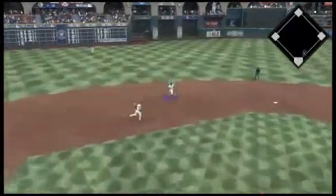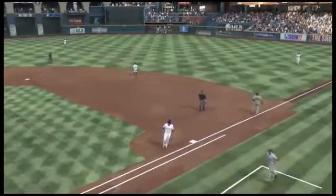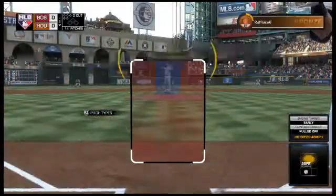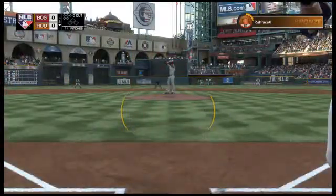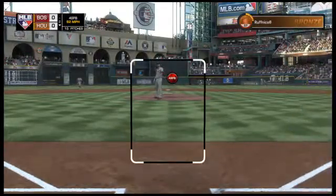Soft liner towards short. Throw in time, and the side is retired. Sox go down 1-2-3. We'll go to the bottom of the second. No score. Leading off for the Astros, right fielder Josh Reddick is in to start things off here as he